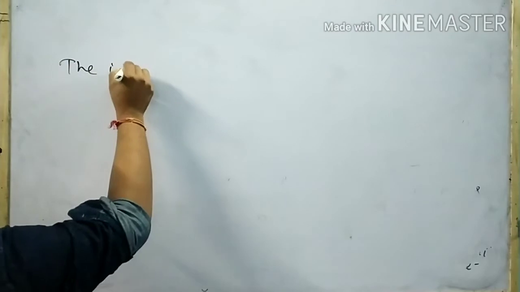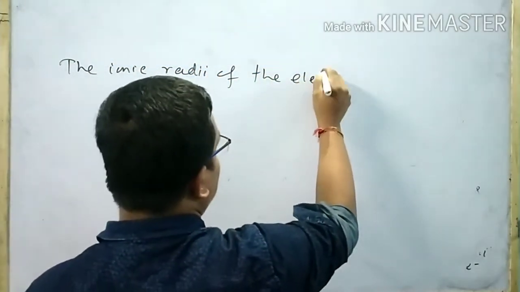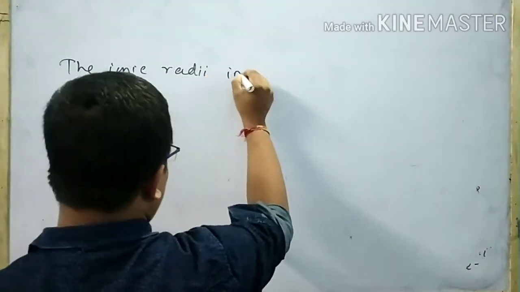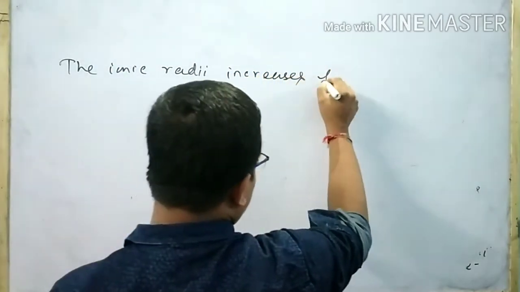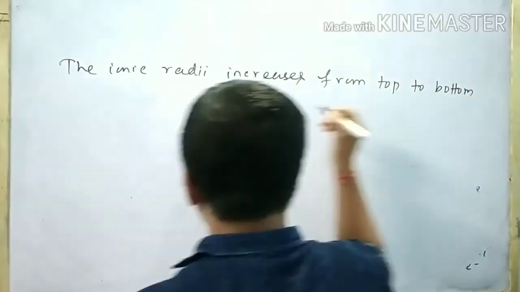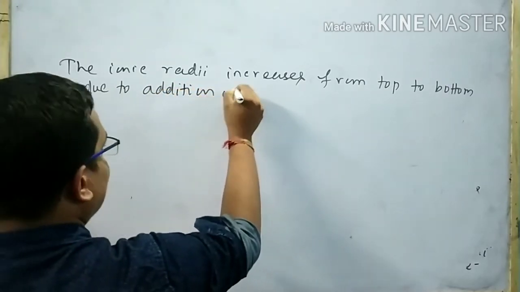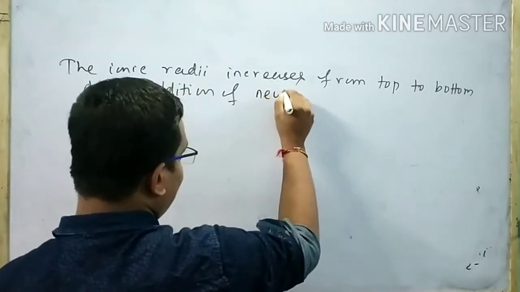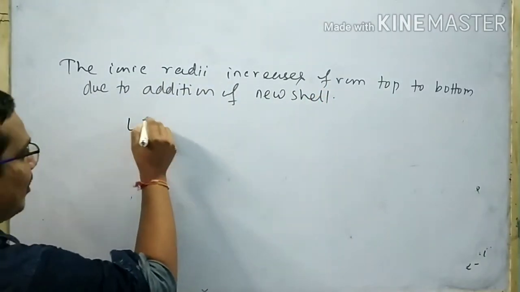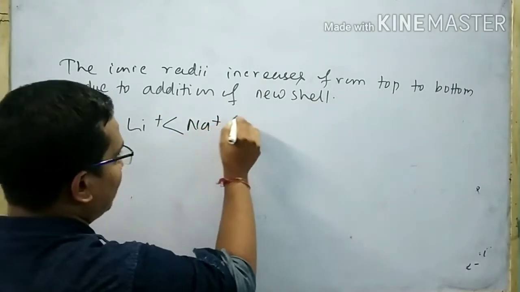The ionic radii of the elements increase from top to bottom due to the addition of a new shell. That means we can conclude that Li plus has